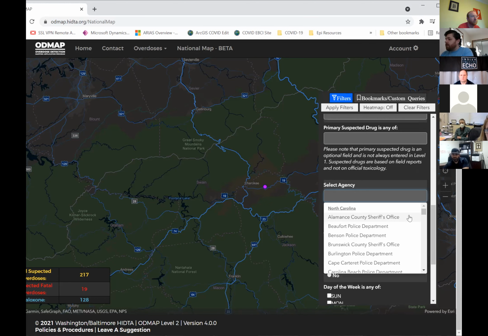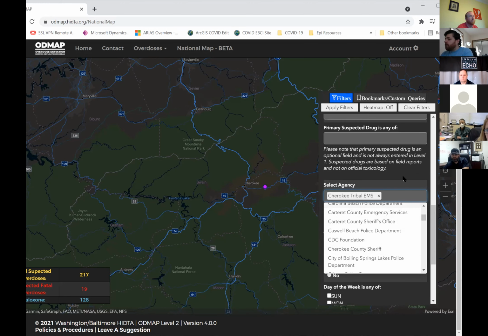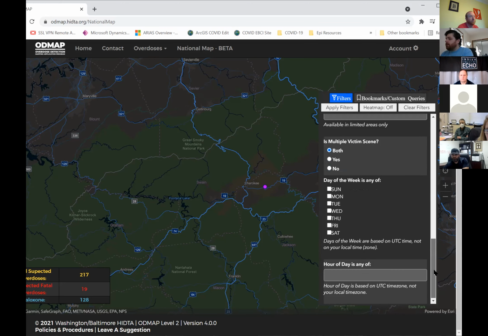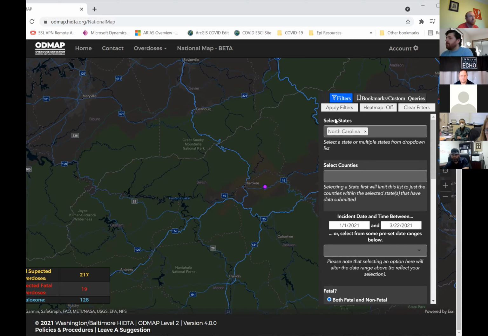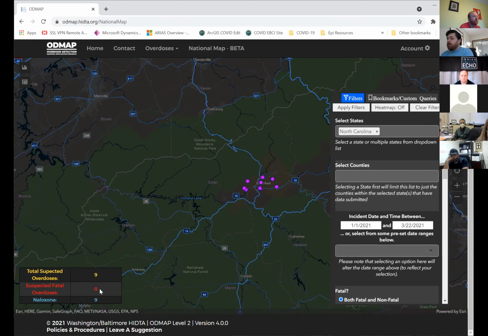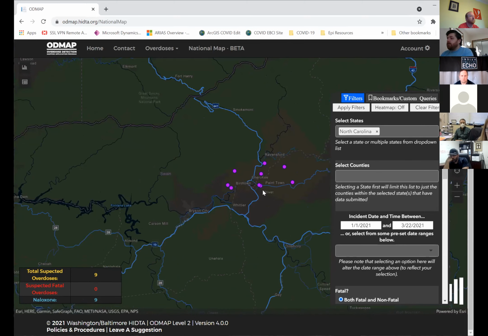Then agency, here we are, Cherokee Tribal. Apply filters. This over here lets you know it's running. So this is from January 1st till now. This is how many overdoses we've had. Over here it says 9 suspected overdoses in that time period, and 9 were administered naloxone.